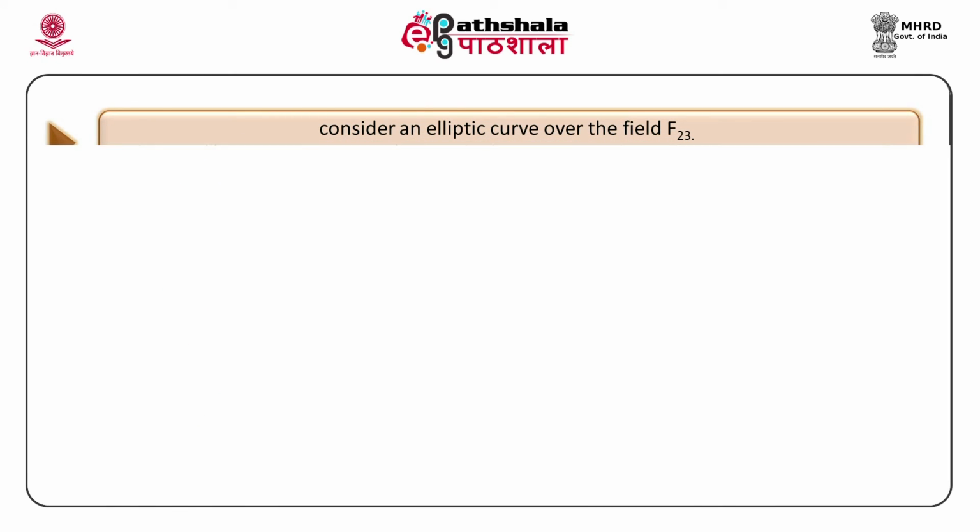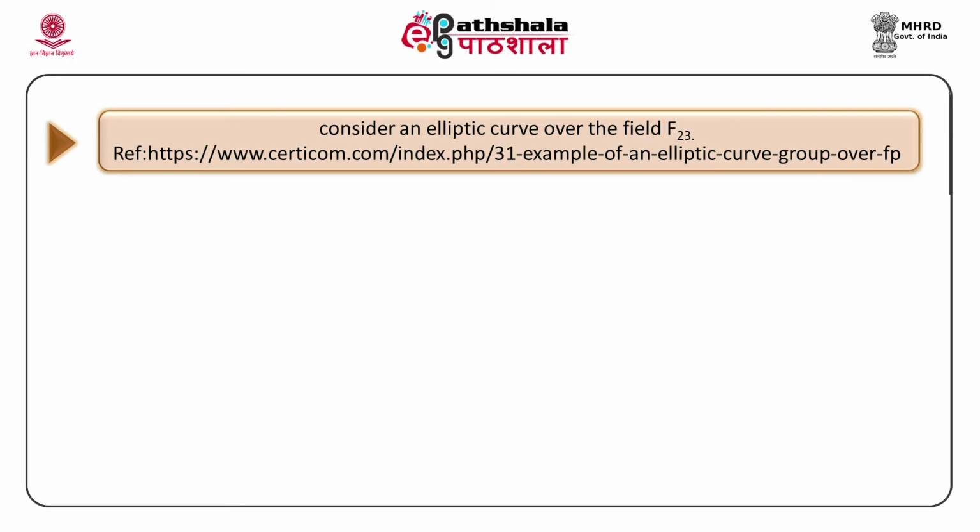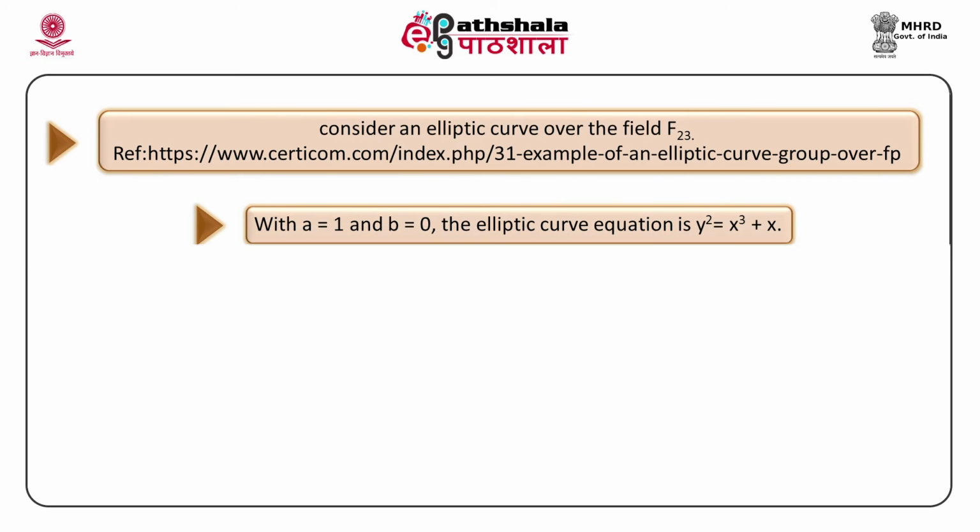The equations are to be solved, and for that I have taken an example for the elliptic curve over a field of F23. The F23 field we will denote by F, and 23 is the prime number for which we have built the field. A equal to 1 and B equal to 0. We all know the equation which we have used for the consideration is x cube plus ax plus b. Now in our example we have used a to be 1 and b equal to 0. That means our equation becomes y square equal to x cube plus 3.